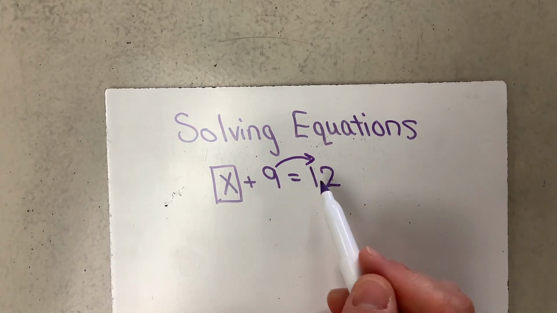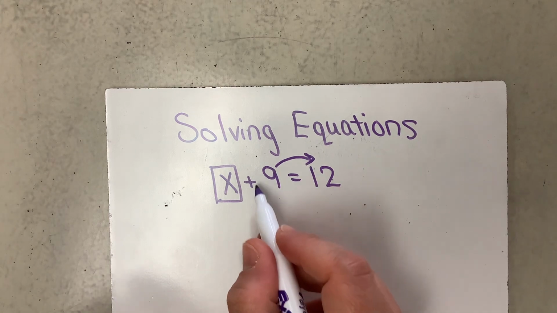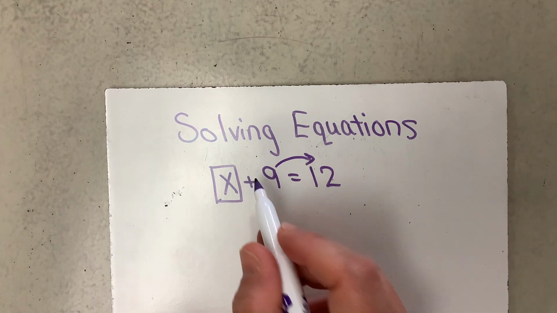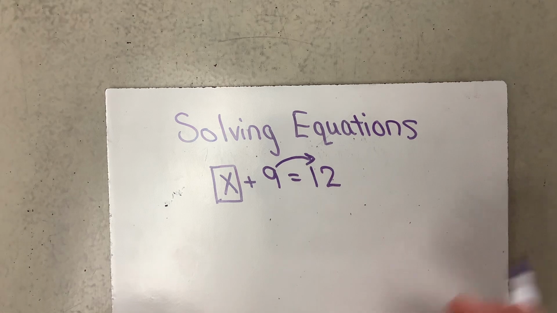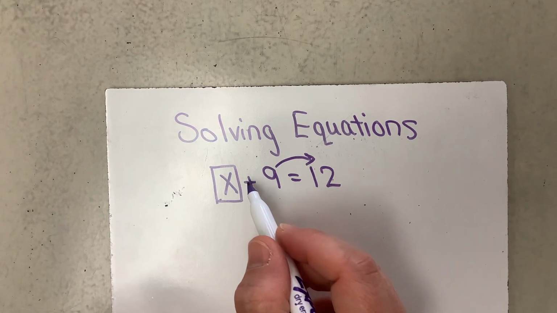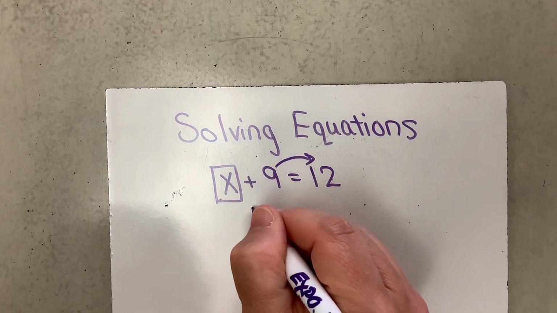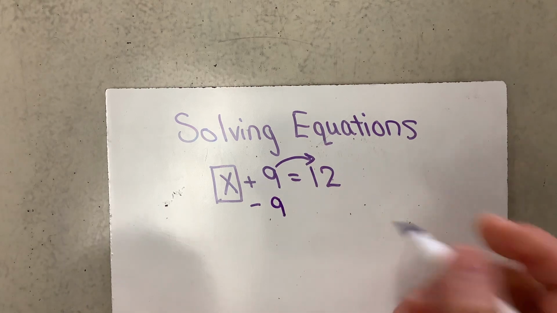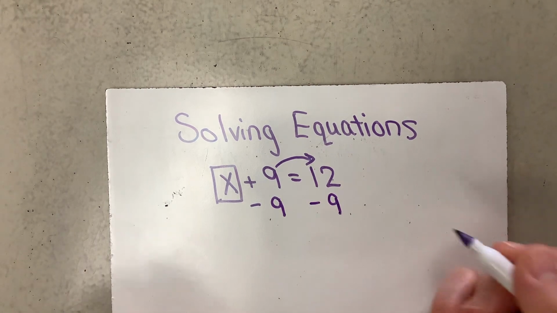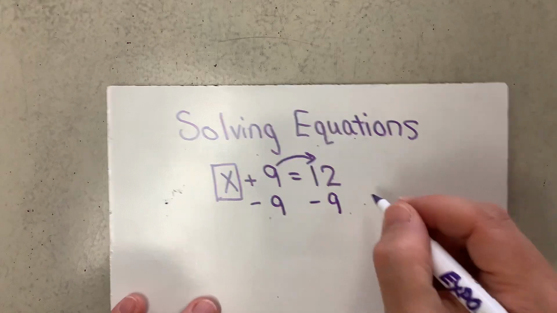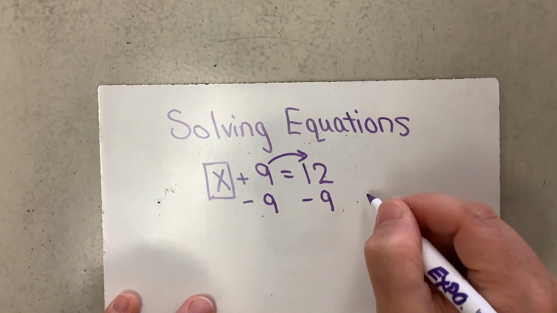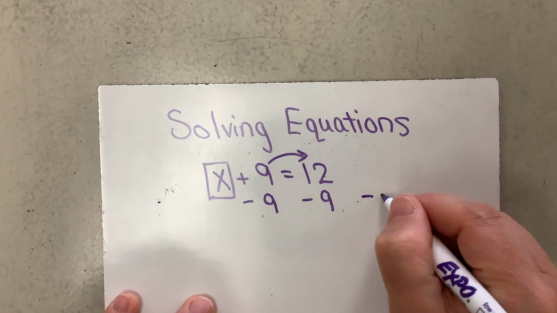Okay, so we need to get the 9 to the other side, and to do that, we're going to do the opposite. We're going to use the inverse operation, which will undo the plus. So the inverse of plus will be minus. But we need to do this to both sides so that it will stay balanced. The reason for that is because of the subtraction property